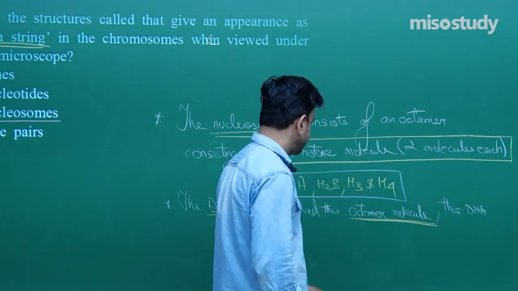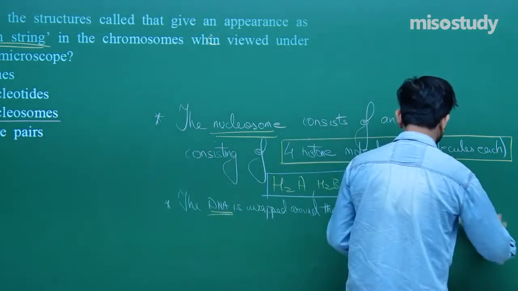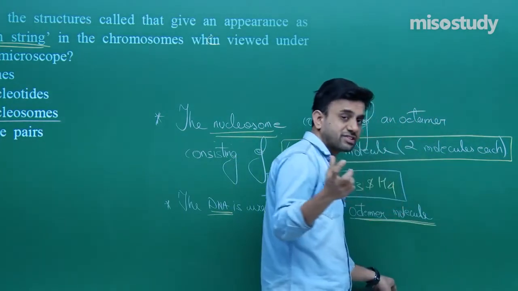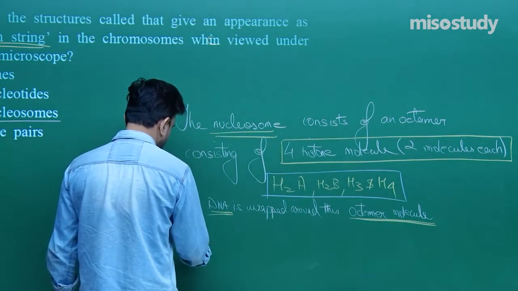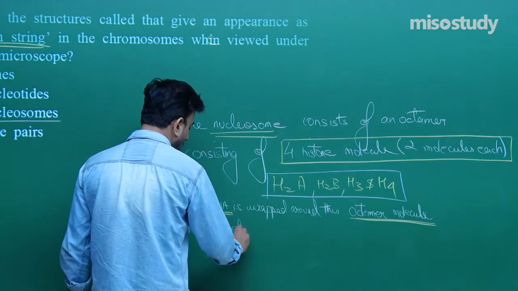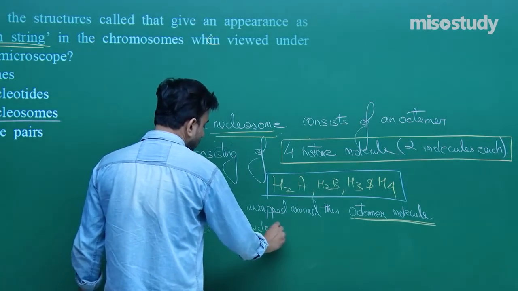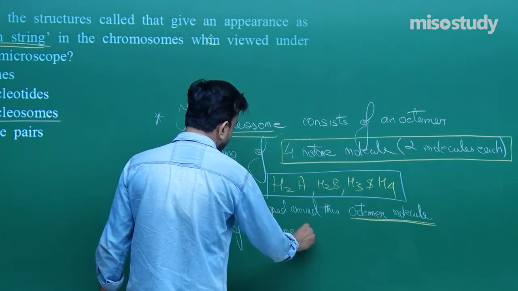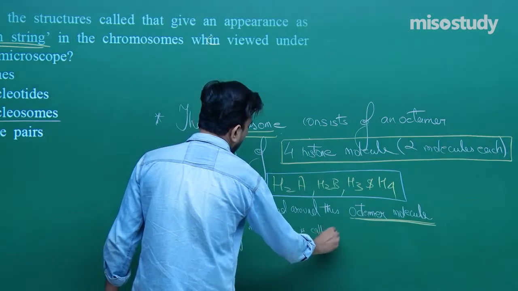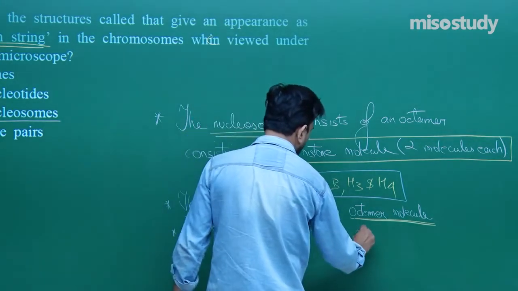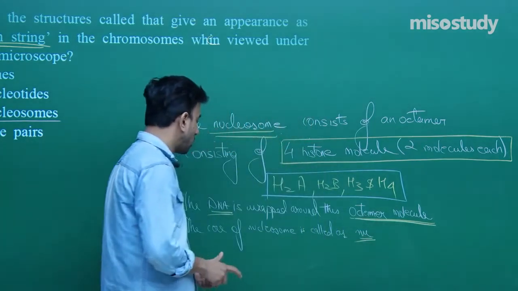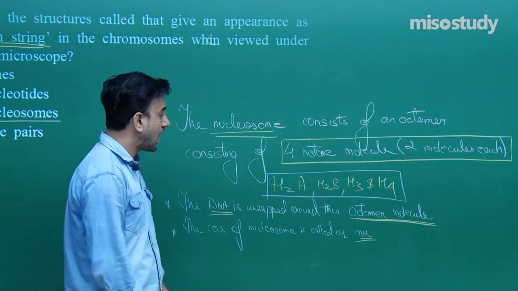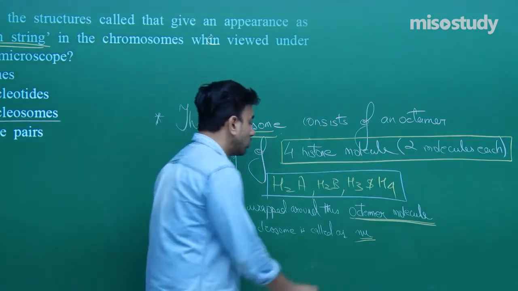This DNA, the core of nucleosome, is called as the nu. The core of nucleosome is called as nu, right? And further we will see that two